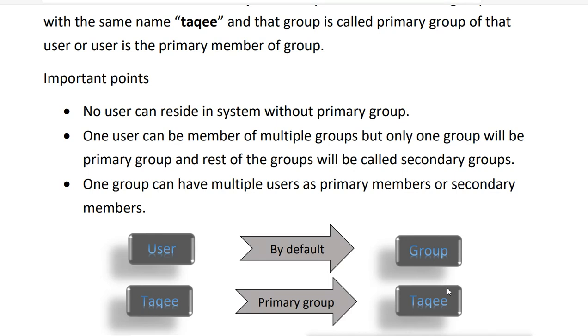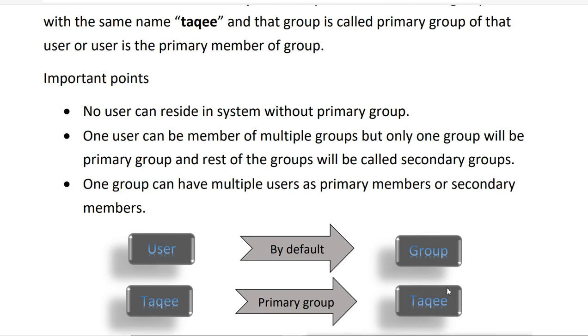But one group can have multiple users, and those users can be primary members or secondary members, both. It is not necessary that every group has only one primary member; it can have multiple primary members.